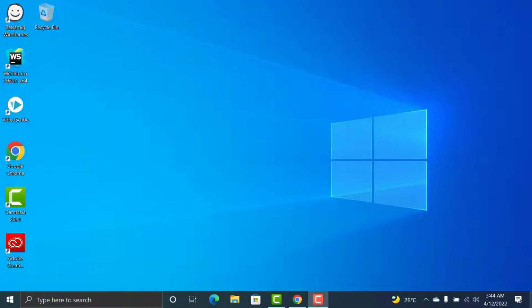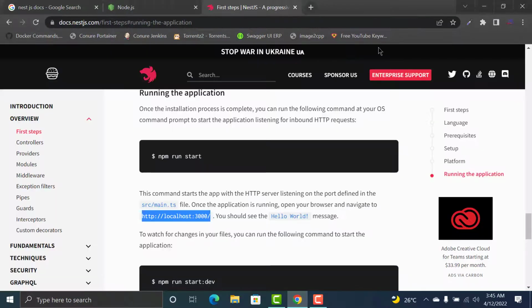Okay, so welcome guys to our practical demonstration of creating our very first application in Nestjs. For creating our very first application in Nestjs, you have to install the command line interface of Nestjs. Okay, so let's go to Google. Let's go to our very first documentation, which is